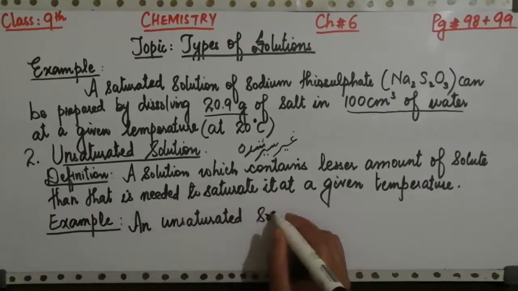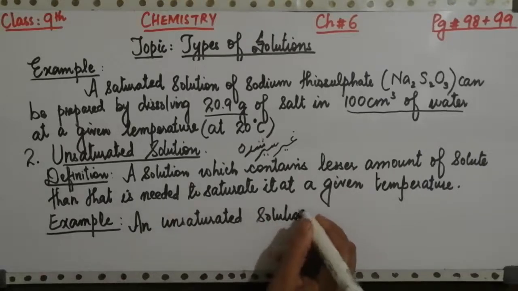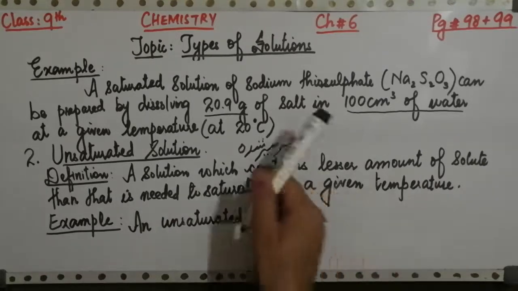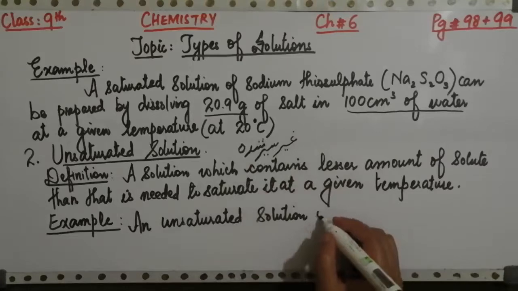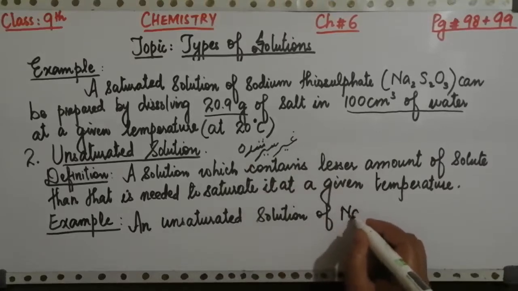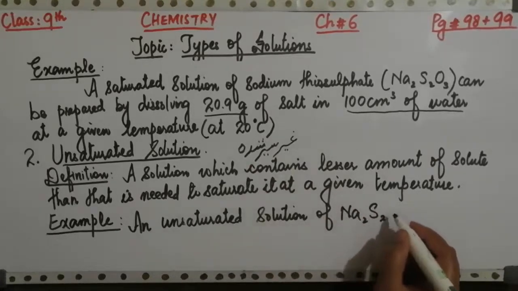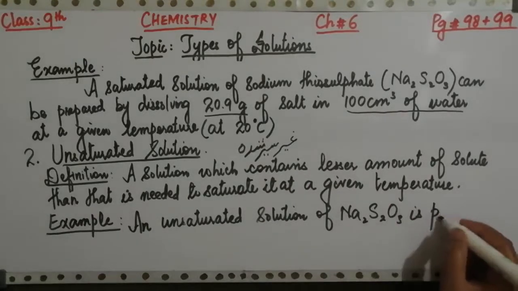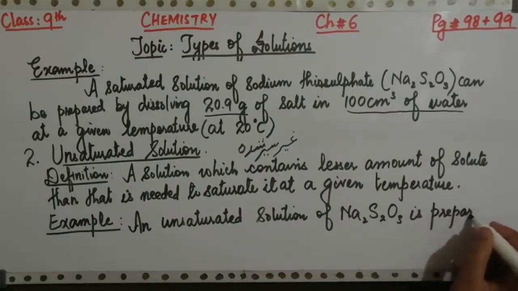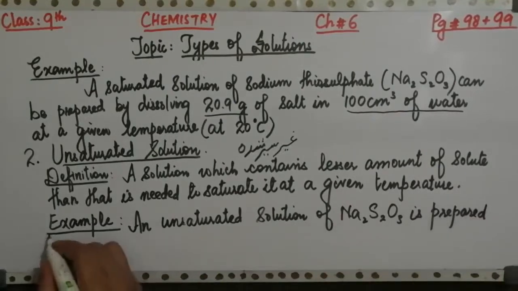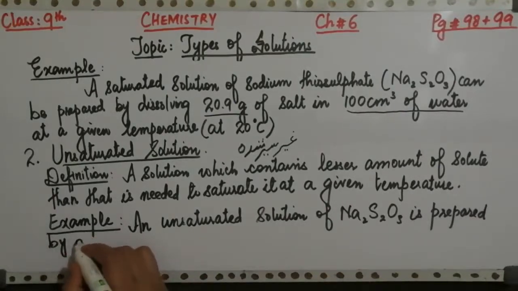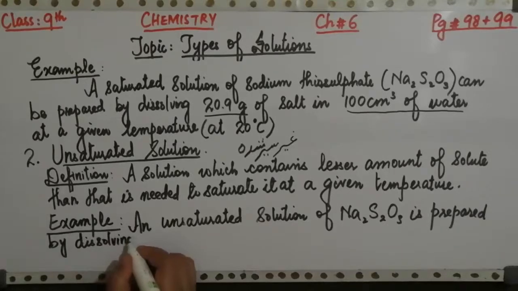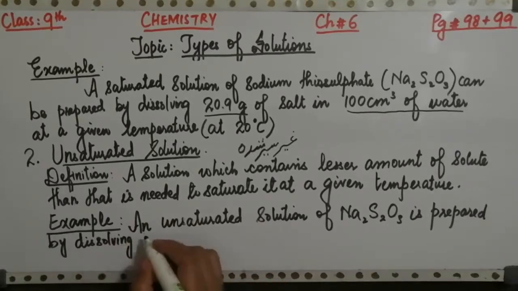An unsaturated solution can be prepared again, which I am taking the same salt, sodium thiosulfate Na2S2O3, is prepared by डिज़ोल्यूशन और बाय डिज़ोल्विंग हल करना है, ठीक है।